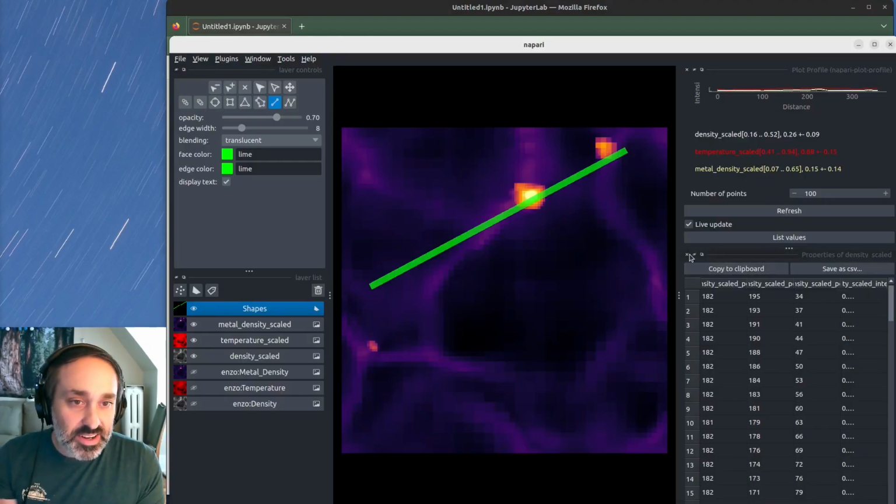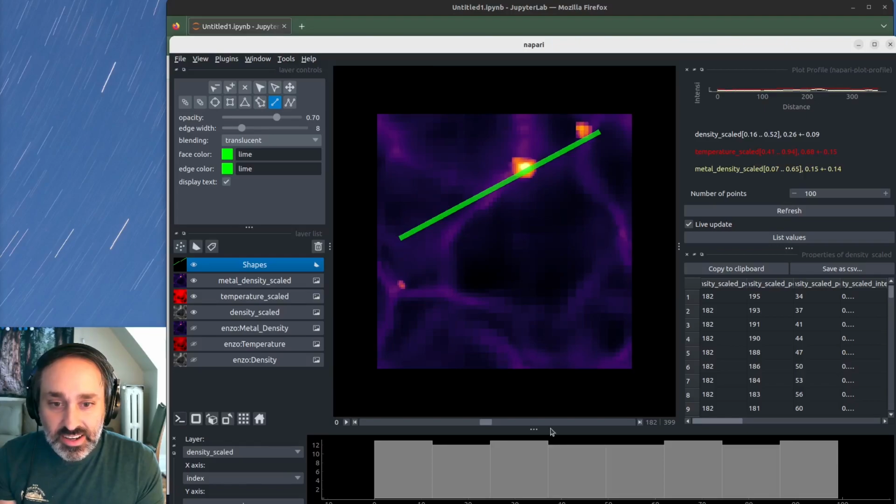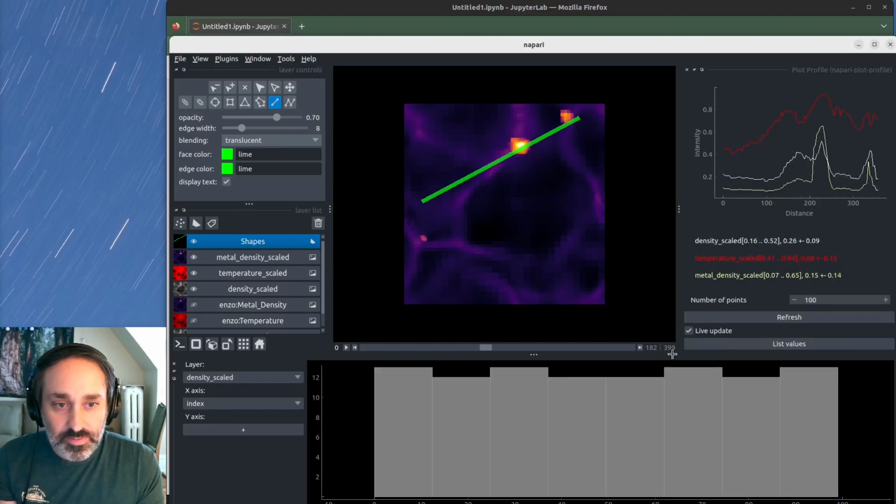You can also, though, using a different plugin, do a very similar thing. So we've stored the values along this line in our density properties. And so if we now go to plugins, property plotter, we get a different plotting interface down below. And so there's a number of options over here. So there's the layer that you want to use. And so what this does is it accesses the properties attribute of the layer that you chose. So since our properties along the line are stored in our density scaled layer, we select that layer, and then